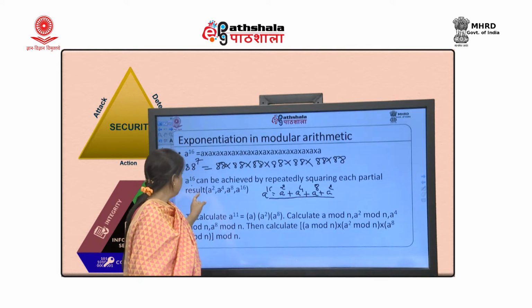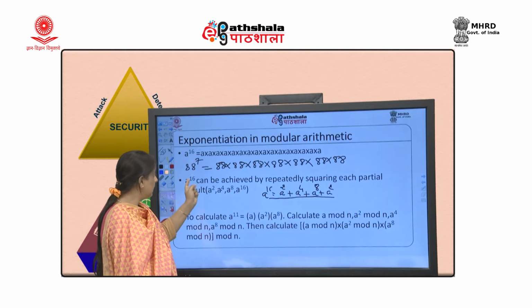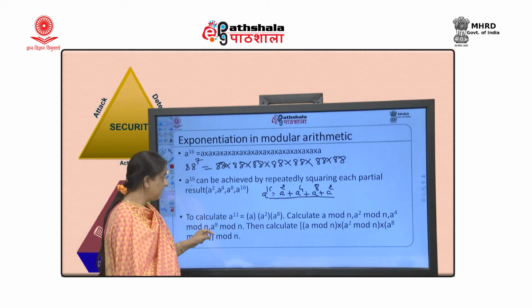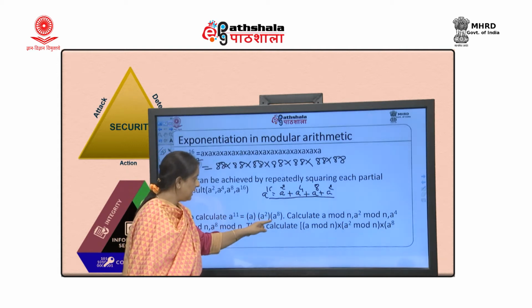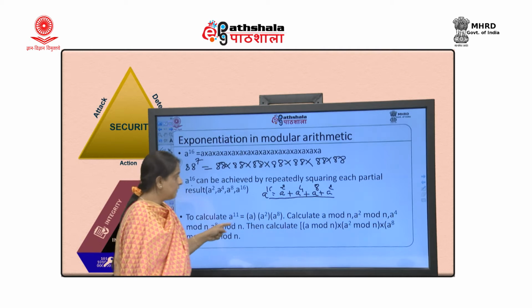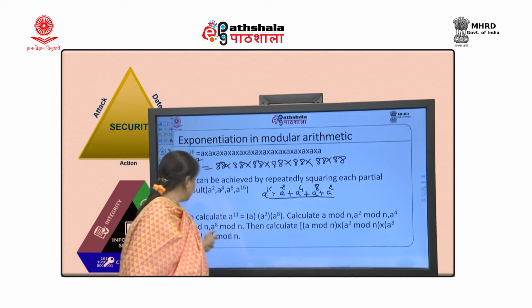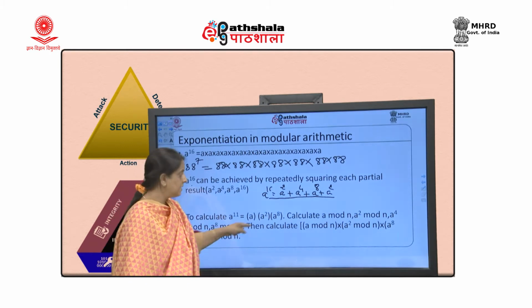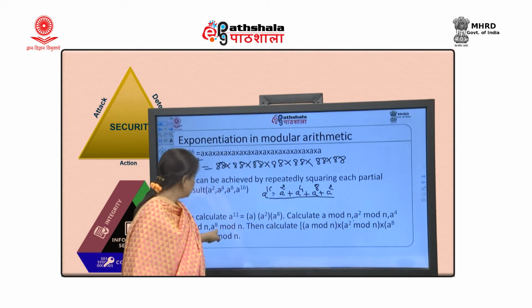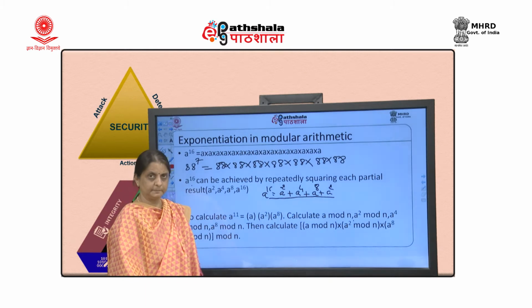Observation: every time you have to square the number which you got. But what if the exponent is not a power of two? If it is a raised to 11, how would you proceed? So, a raised to 11 is nothing but a, a square and a raised to 8. So, what we need to do is calculate a mod n, a square mod n, and a raised to 4 mod n, and then a raised to 8 mod n. We are interested in a, a square and a raised to 8, multiply all of them together to get a raised to 11.